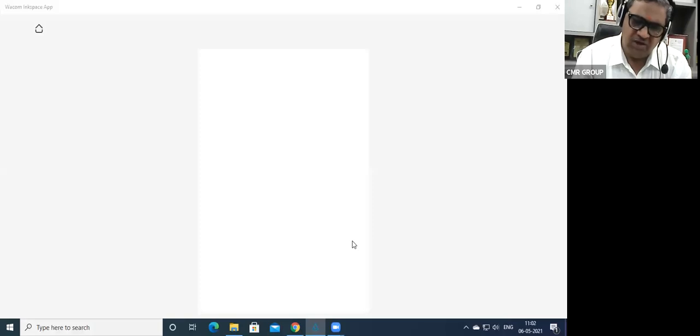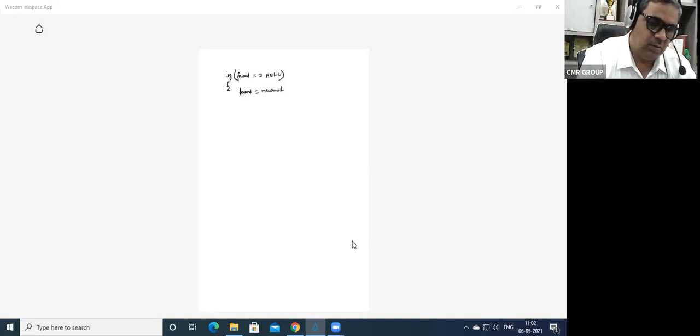So now one more if: if front is equal to null, then it has to be added as the first node. So front is equal to new node, and also rear is equal to new node.